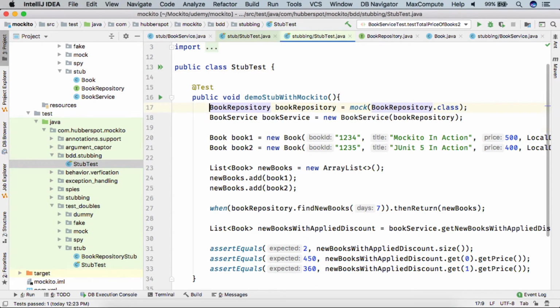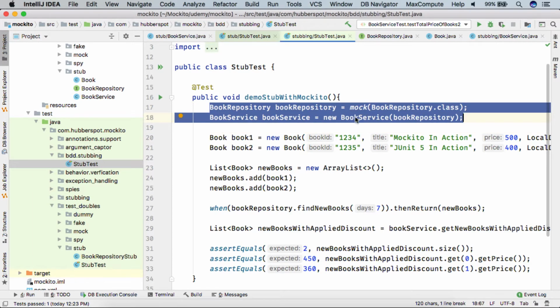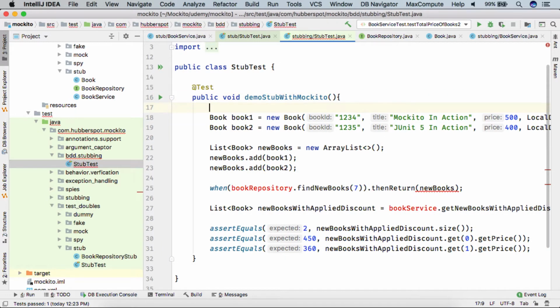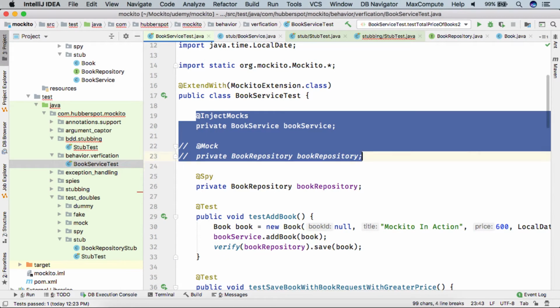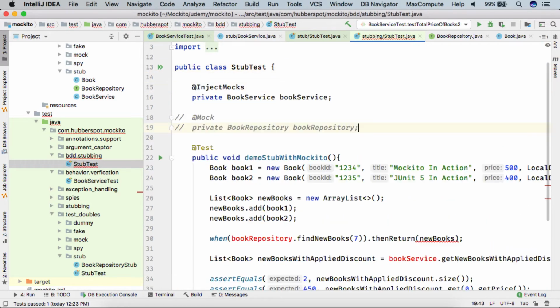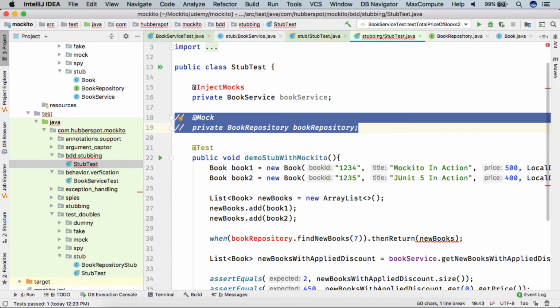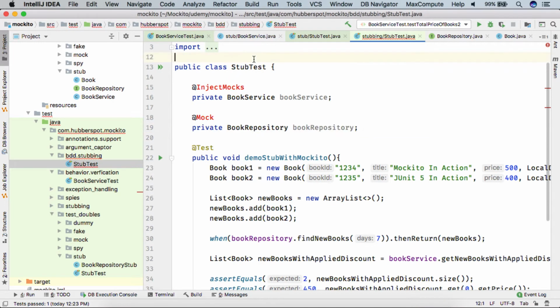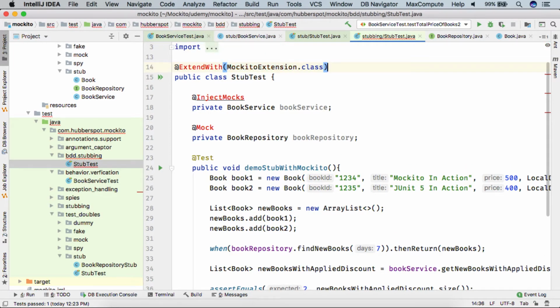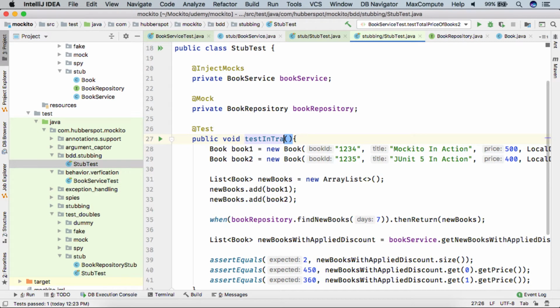Also, friends, instead of creating the mock using the mock method, I'll copy this stuff and provide the extend with annotation so that it can support the annotations. Let's give the test name as test stubbing in traditional Mockito style.